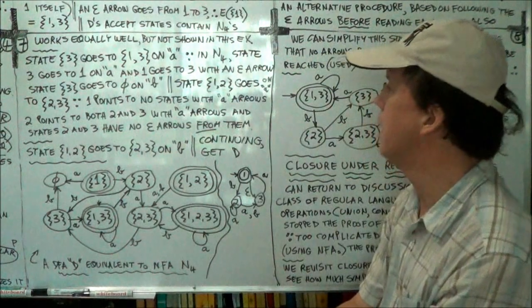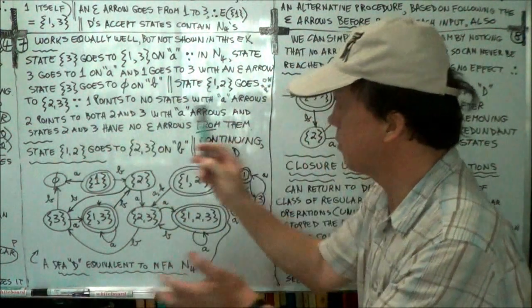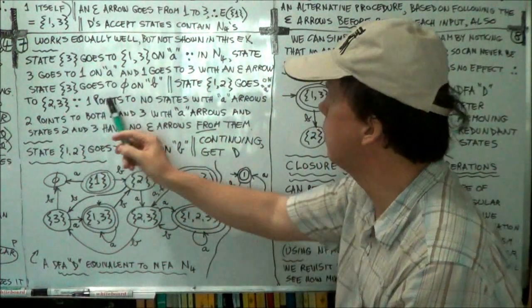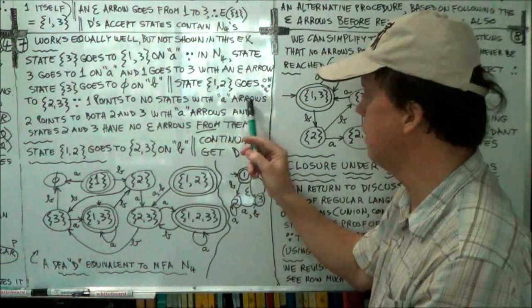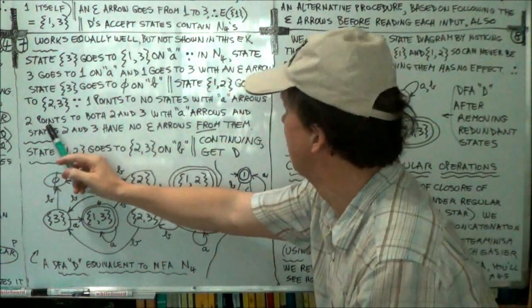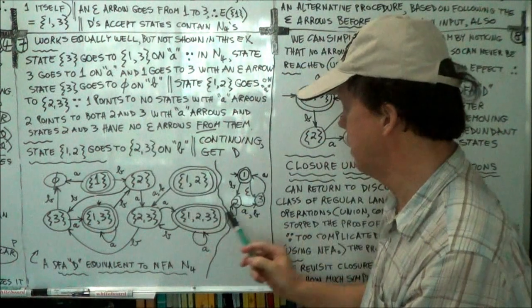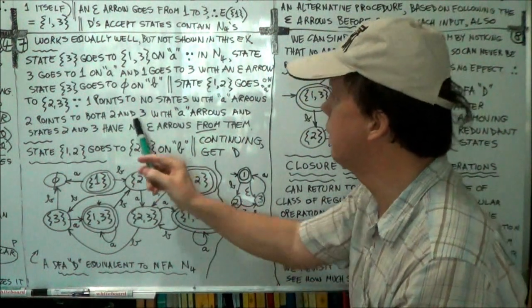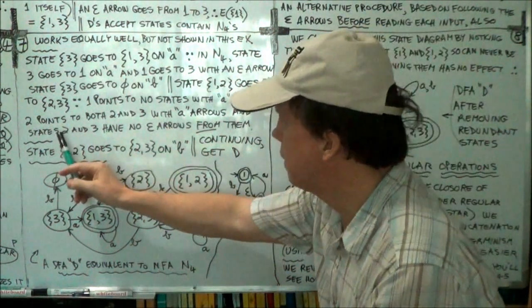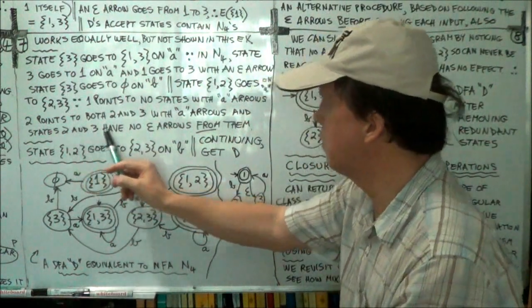Now why is that? Well, it's just what it is saying. The 1 points to no states with A, so it dies. The 2 points to both 2 and 3 with A arrows, and states 2 and 3 have no eta